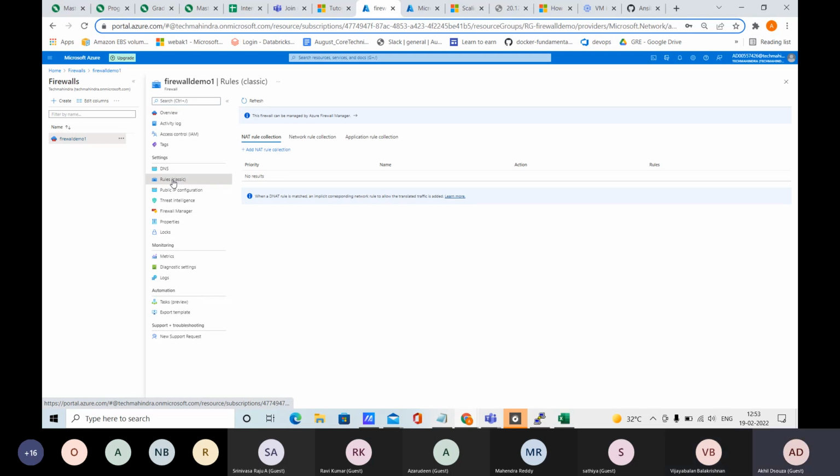I'll go to rules. You can add network and application related rules. So for the firewall demo 1, you are creating all. Can you click that so that people can see? Add network rule collection. Okay.